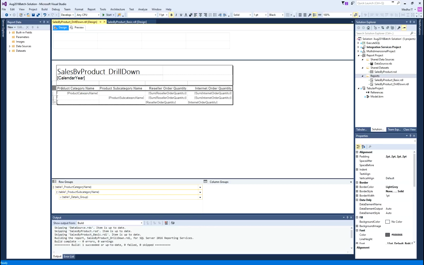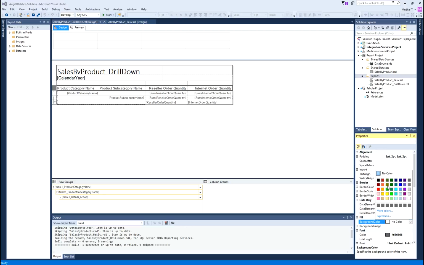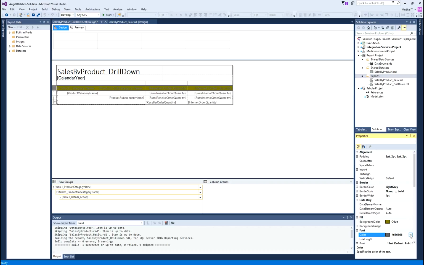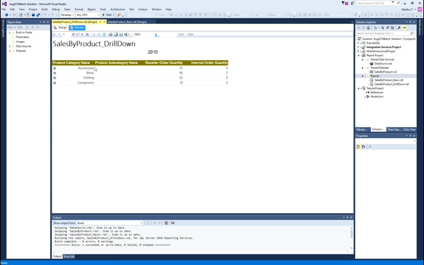So, for example, if I select this column, the complete column, and I will go to the properties, I will say fill background color, I want to fill the background color with some color, and I want to fill the foreground or font color with white, so that I can see white numbers. So, I will go to preview. So, my changes are effective here.